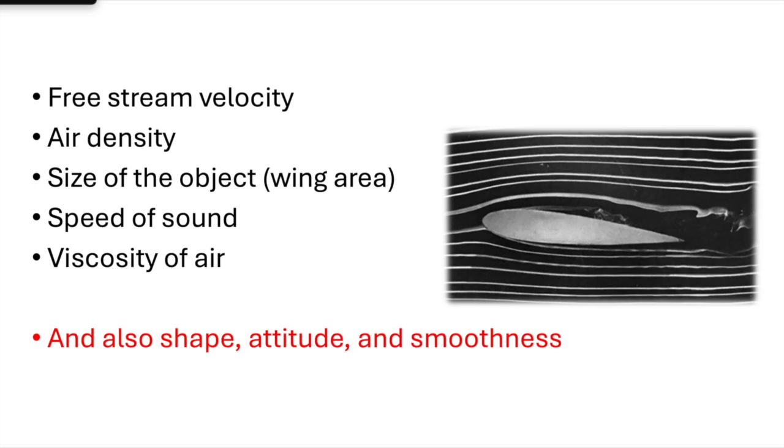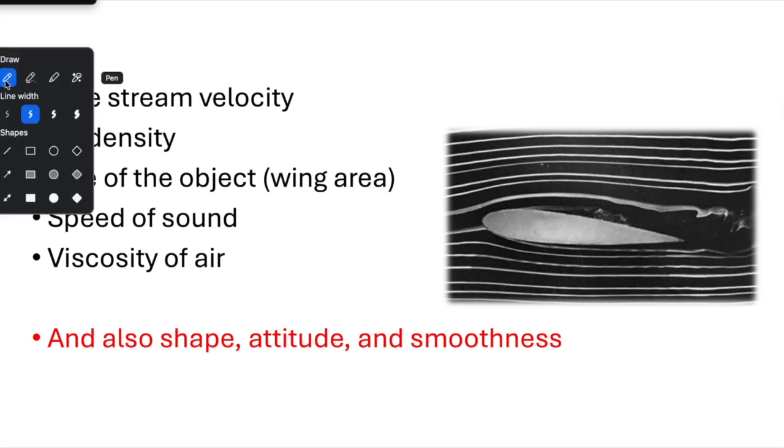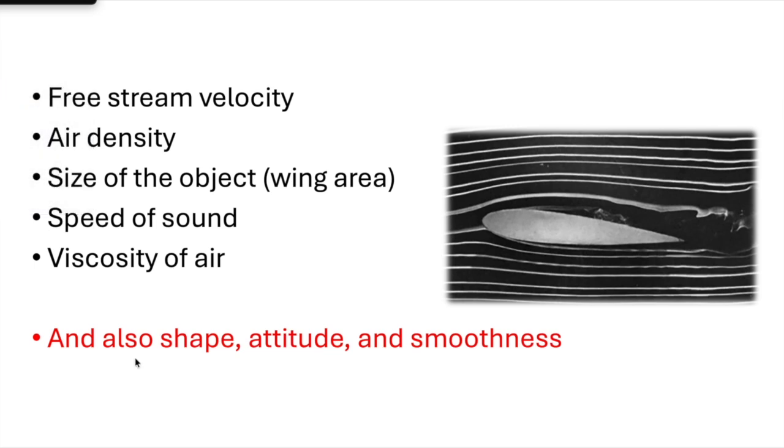From experimental observations, scientists have found that the aerodynamic force acting on an aerofoil depends on several key variables. The variables are free stream velocity, air density, size of the object, speed of sound, and viscosity of the air. Apart from these variables, they have found that shape, attitude, and smoothness also contribute to the aerodynamic force acting on an aerofoil. The problem is